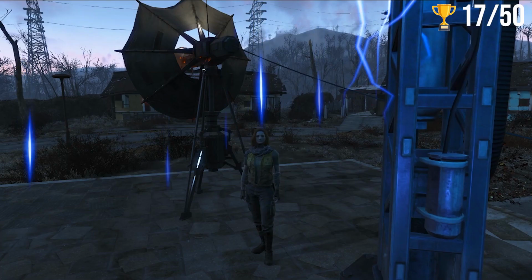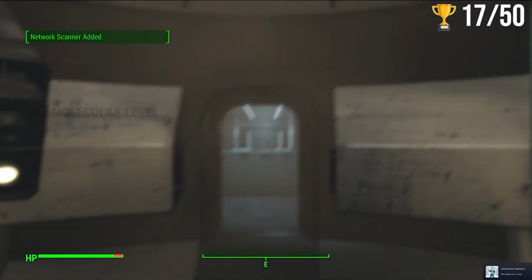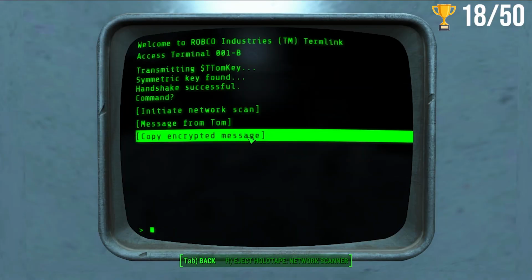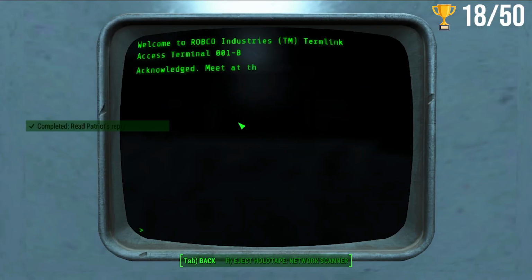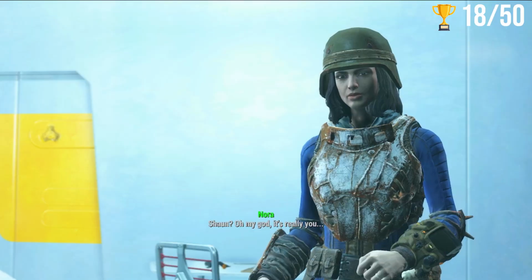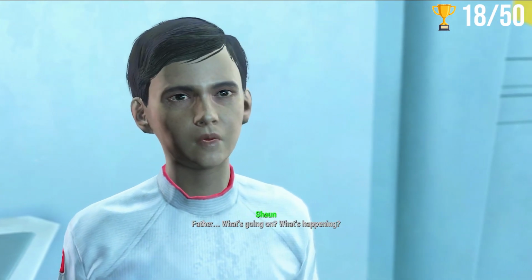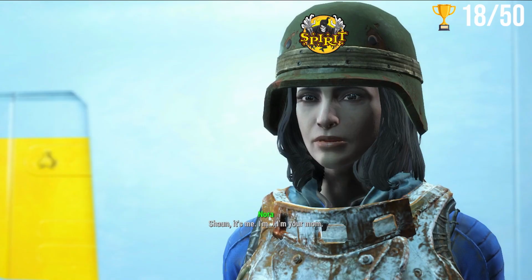named Patriot. Stepping into the signal interceptor, we are then teleported into the Institute and receive the achievement, The Molecular Level. And using a nearby terminal, upload the message to Patriot, who then responds with a meeting place within the Institute. Continuing through the Institute, we find the now 10-year-old Sean, who is frightened by our character and starts yelling for father. I would be scared too if someone claiming to be my mom dressed in a Halloween costume randomly